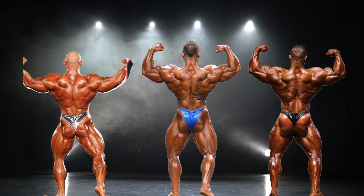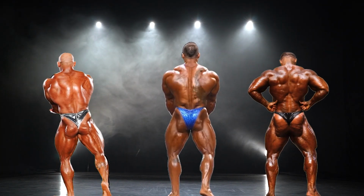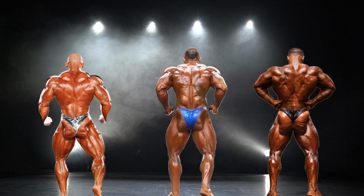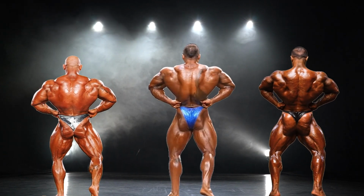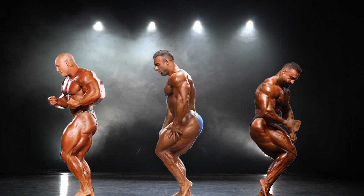I'll be using a point system for this comparison, with each competitor getting a point corresponding to their place in each pose. The lower the points, the better the placing, so stick around till the end of the video to